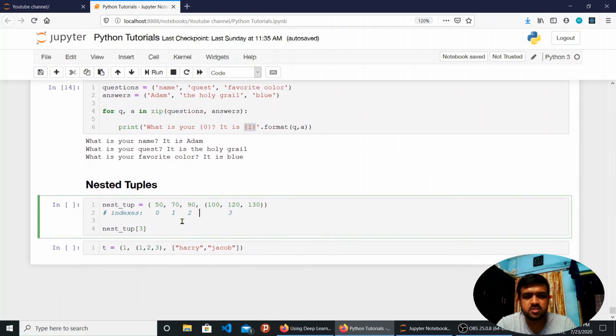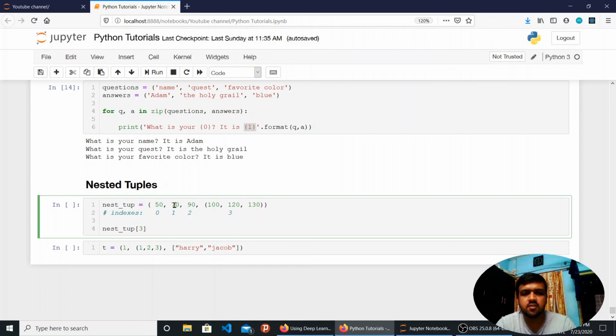The last topic of this video is nested tuples. We have seen nested lists, and similarly we have nested tuples, which are immutable, so you cannot change the ordering of the elements, but you can have nested elements present in the object. Let's say I have this nested tuple.